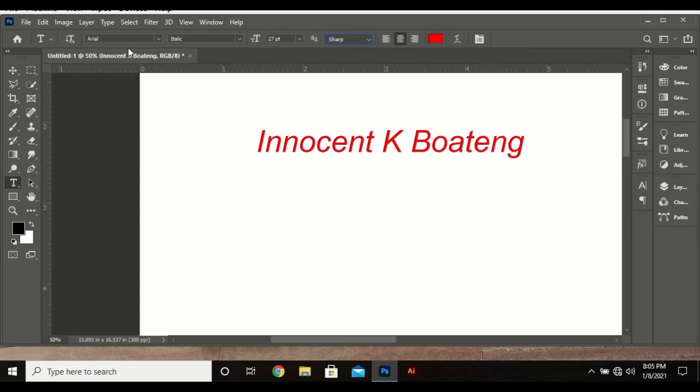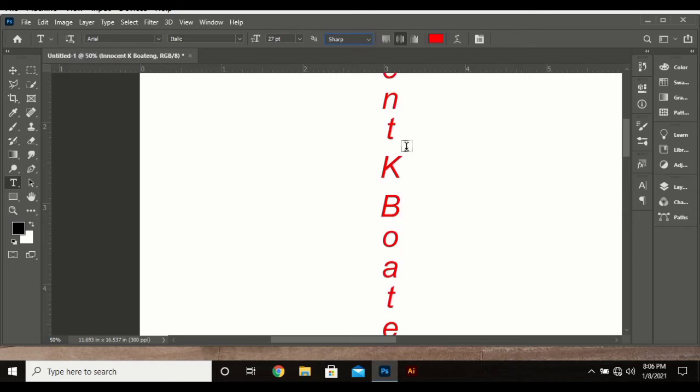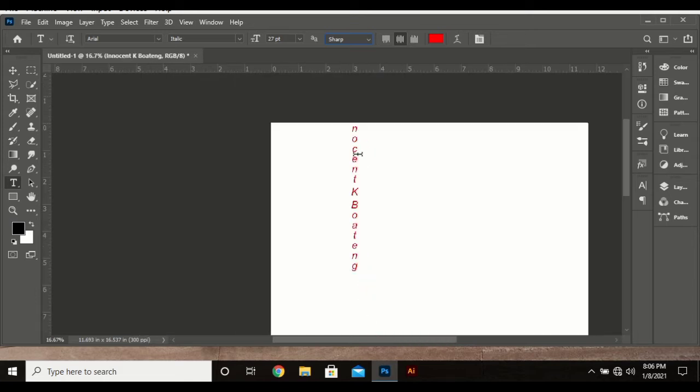So when you get here, you can simply switch this from being horizontal to vertical by coming here and clicking here, and it will be converted to a vertical text. And that's just as easy as typing, or maybe going to use the vertical type tool. So if I use the vertical type to type in the same thing,